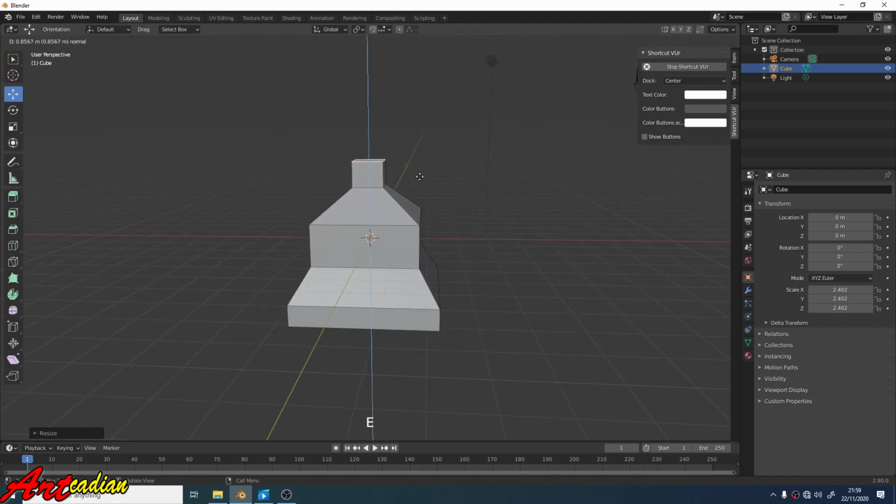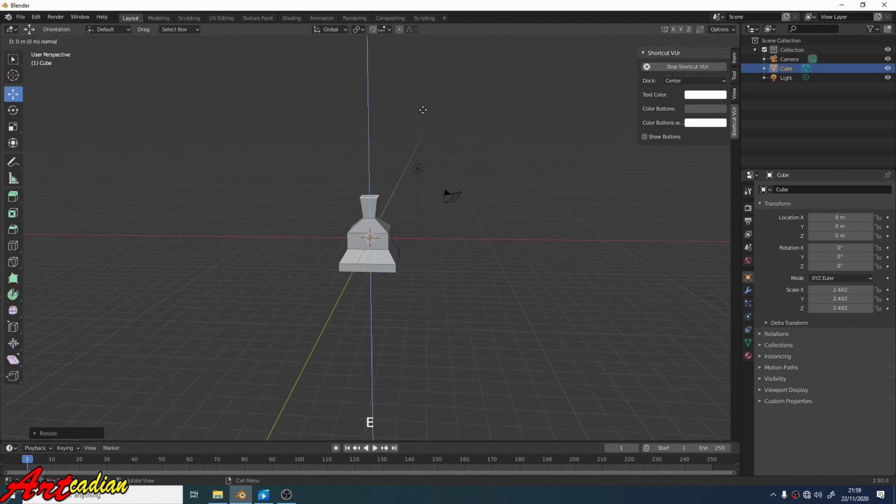E to extrude. S to scale. E to extrude. S to scale. E to extrude. S to scale. E to extrude. S to scale.